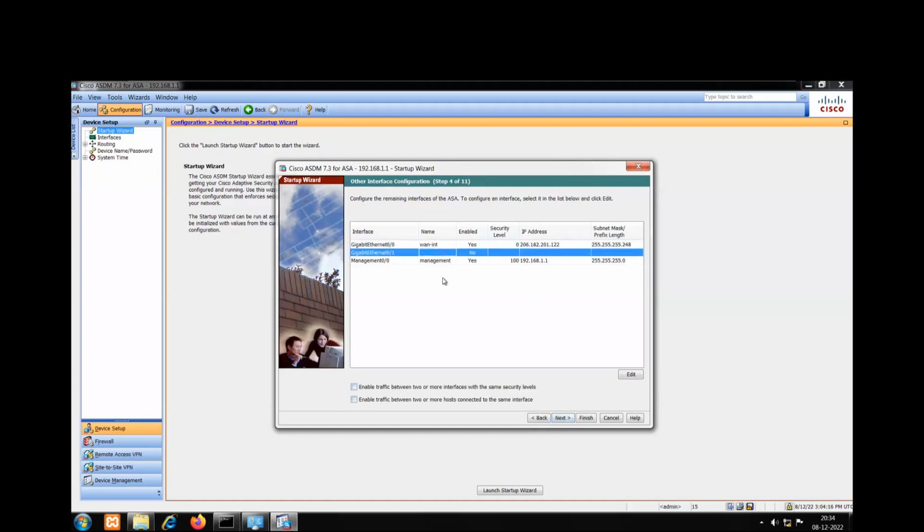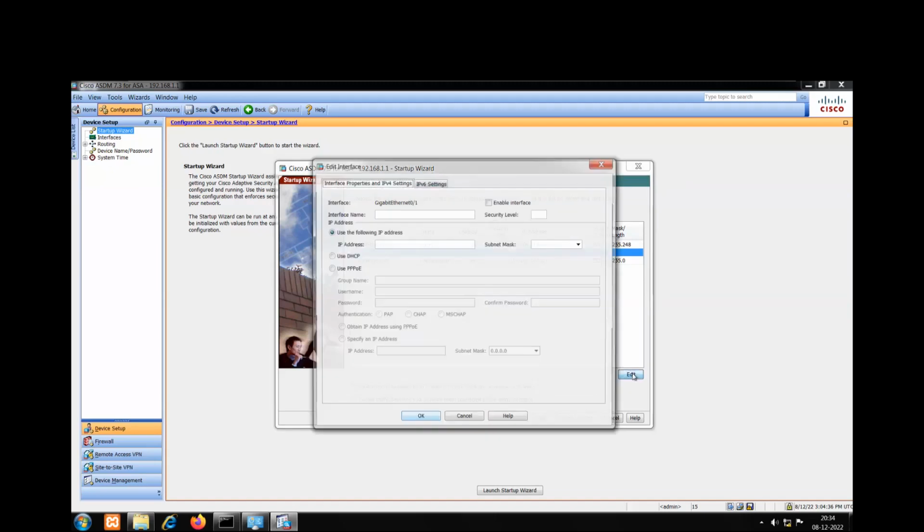Now it gives you a summary of our available interfaces. As of now, only the WAN interface has been configured. We have not yet configured the LAN interface. So select gigabit 0/1. Gigabit 0/1 is our LAN interface. Click on edit,